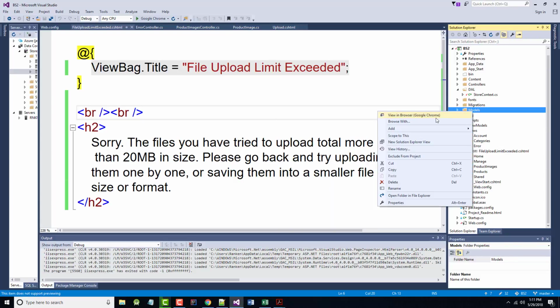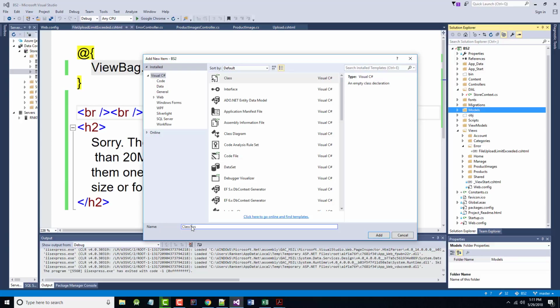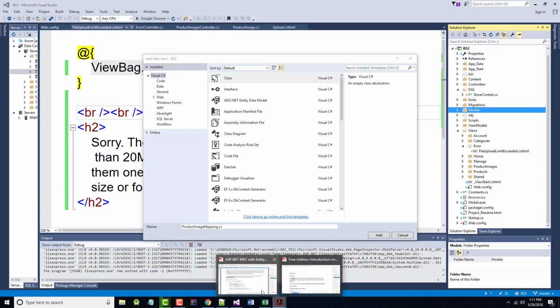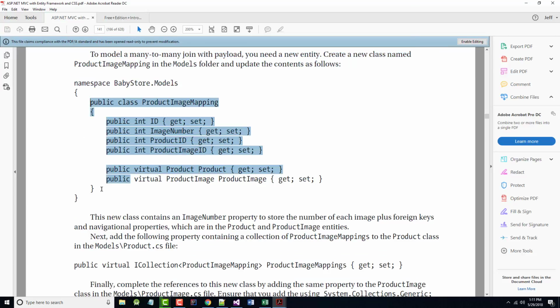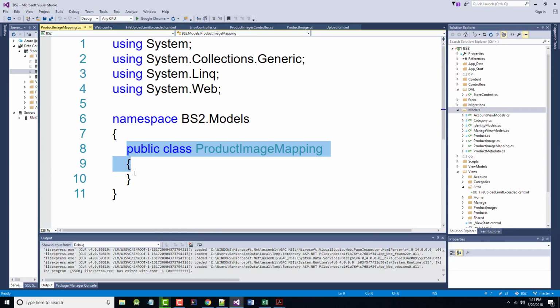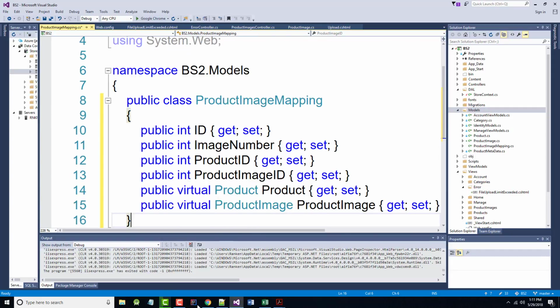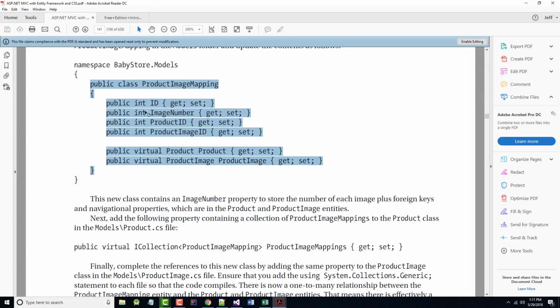We want a new model. All right, ProductImageMapping. Double check to make sure I did everything correctly there. Should be correct. Update the contents as shown, so I'm just going to copy this to the clipboard and drop that in here. This new class contains an image number property to store the number of each image,